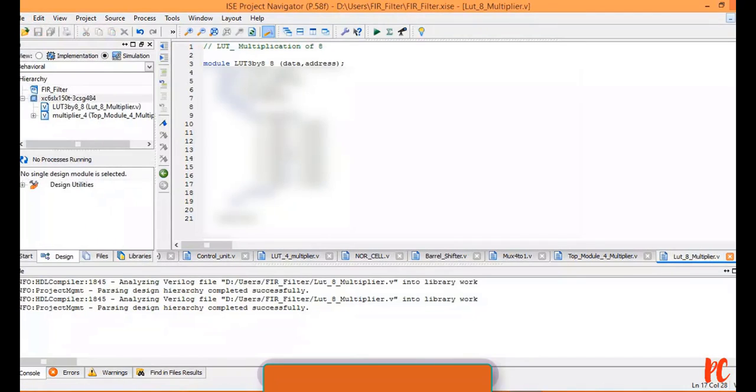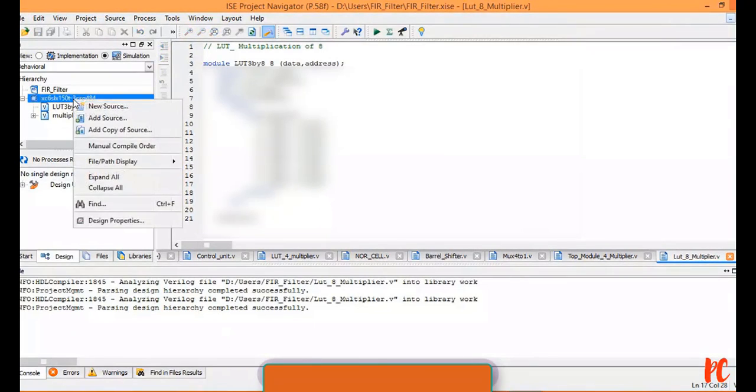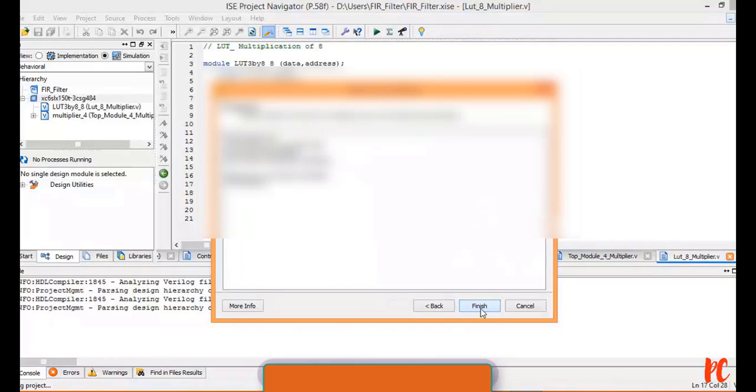Now I need to write one more top model with respect to the 8 multiplier. So I am going to add a new source, which is a Verilog module. This is my top model with respect to the 8 multiplier, where I will be getting 8 multiples of values. Next, finish.